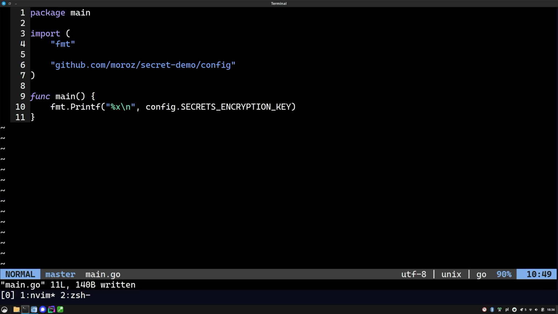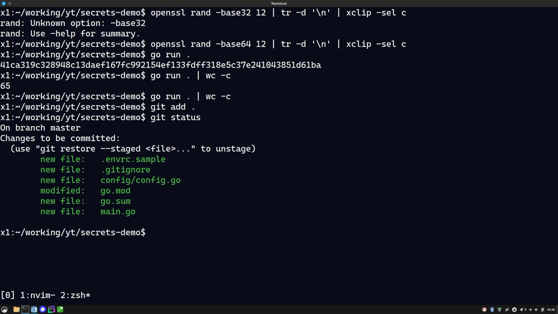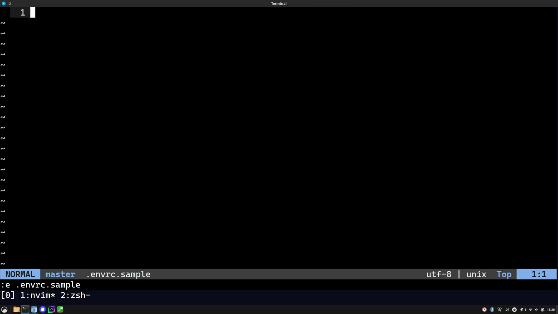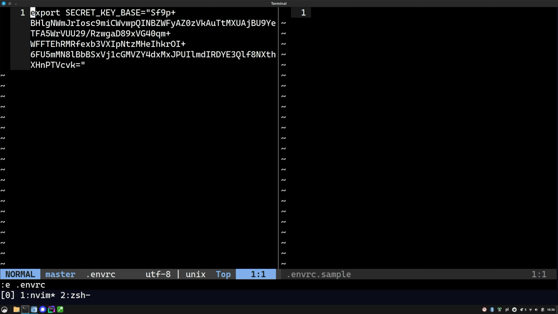So far so good. I think this is a good moment to commit. Git add, git status. So now we have an envrc sample, and we have a gitignore. What do we have in the envrc sample? Okay, now the envrc sample is empty, so we can